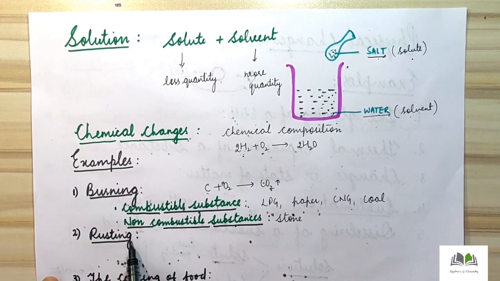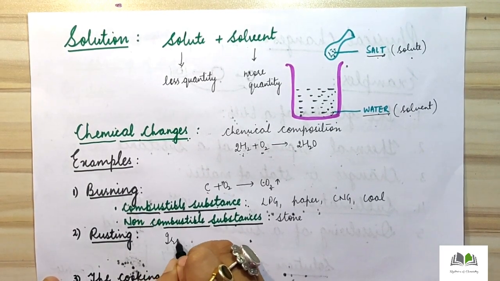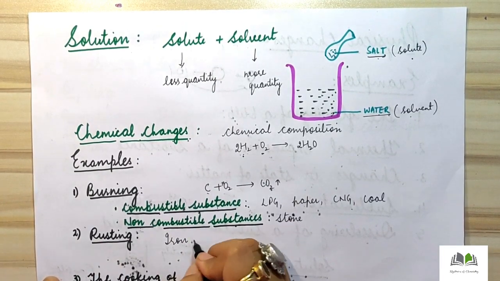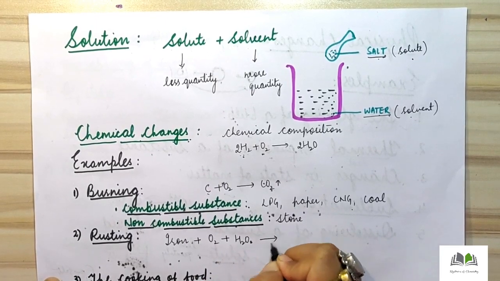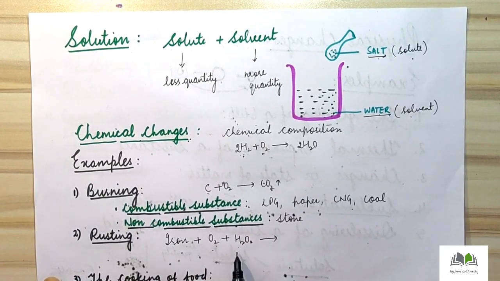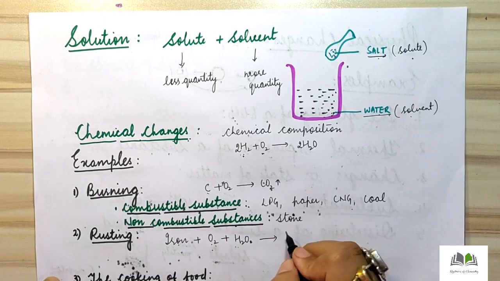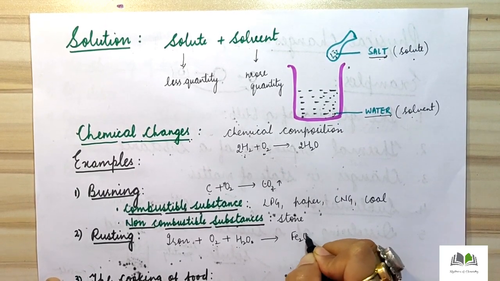example I am going to explain, that is rusting. So what is rusting? Corrosion in the case of iron. Basically, which metal? Iron. Corrosion in the case of iron is known as rusting. So what happens in rusting? Iron gets combined with oxygen and water, or generally we can say moist air, because we know that air also contains water vapors. So in the presence of moisture, iron reacts with oxygen and water to form iron oxide. So what is the formula for that?